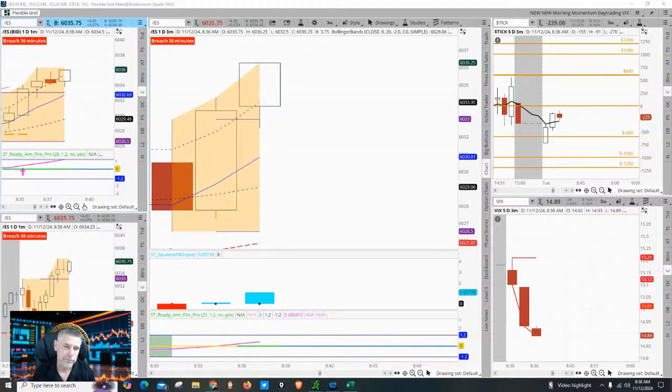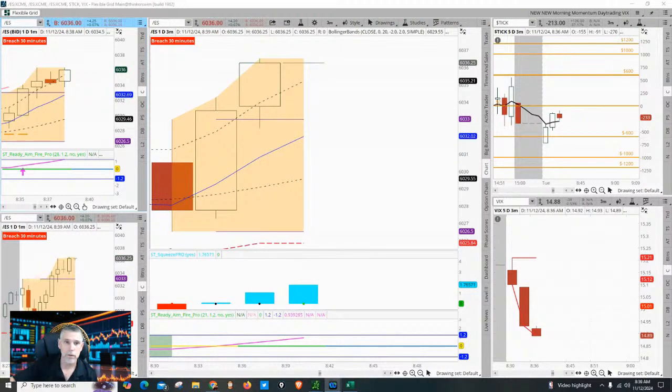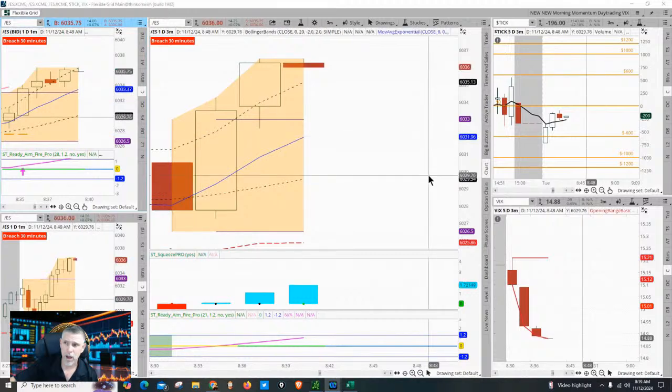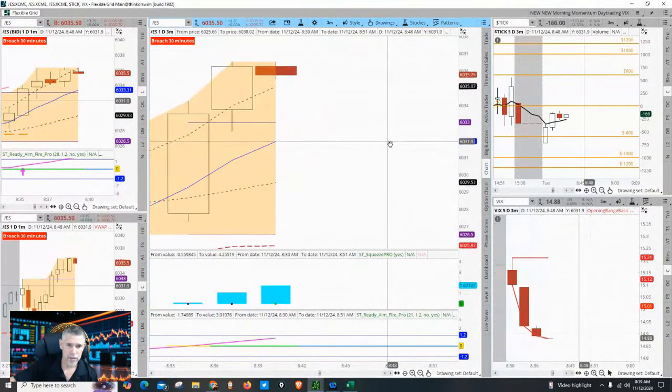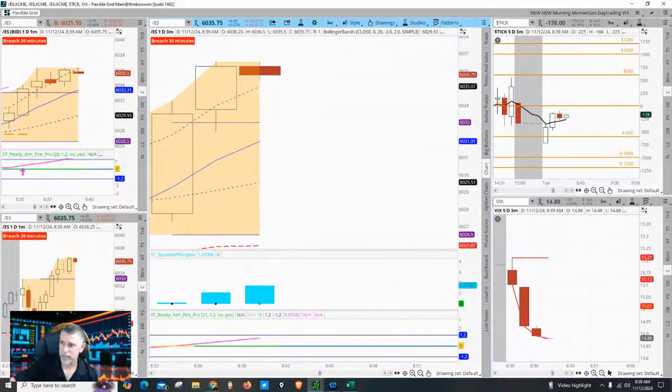All right, picking up a little bit. That's what I'm talking about. I like that close. We popped above that 33 key level. I will take setup number 2. I will go setup number 2, but it's got to happen pretty soon. Setup number 2 on our advanced strategy is what I'm looking for. And that's got to happen in the next 3 minutes, or we have to wait until our next opportunity.